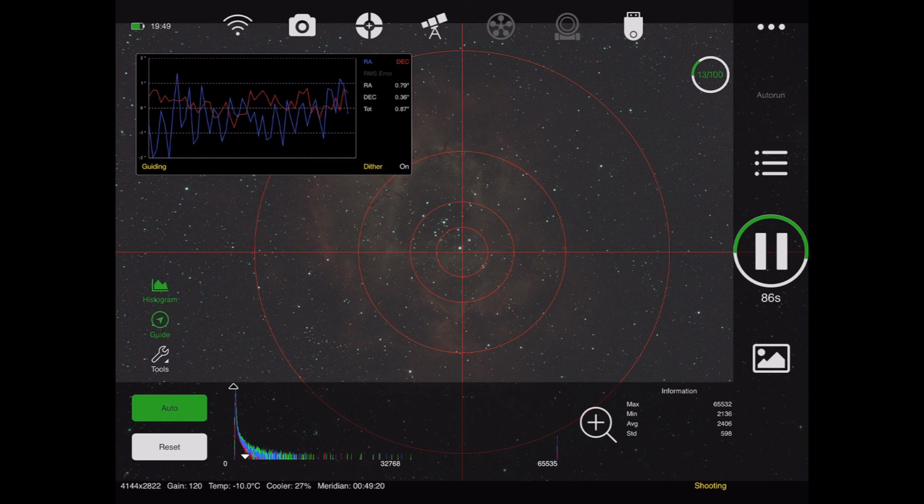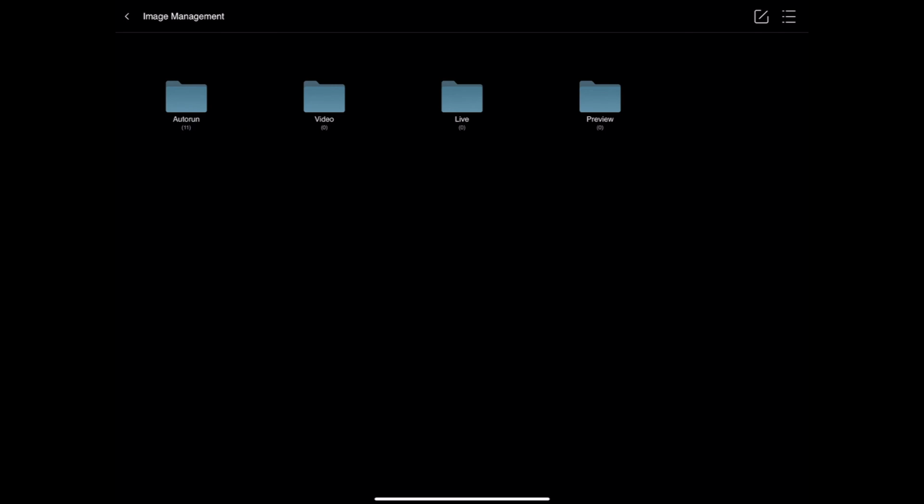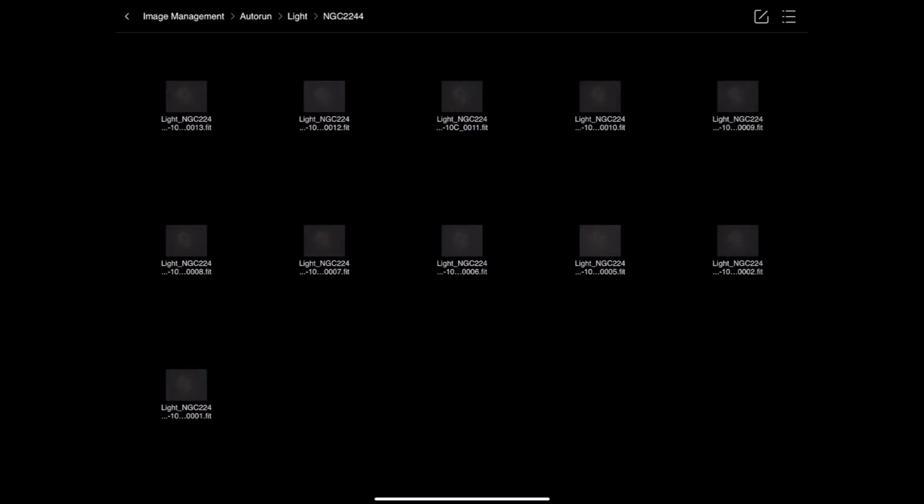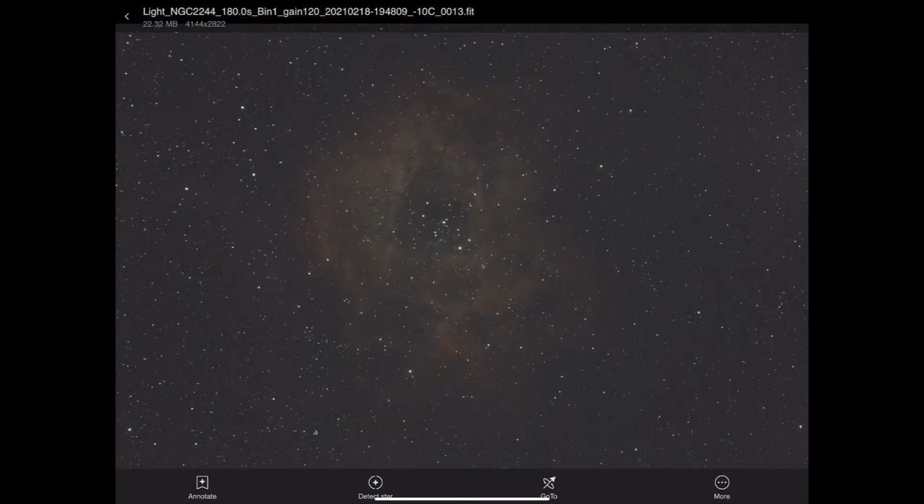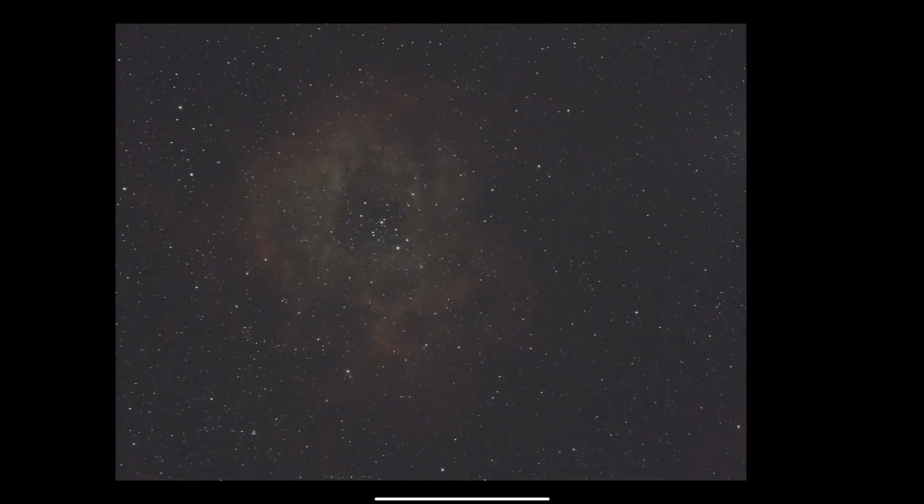What you can use is the square beneath the start button for the imaging and go into the image management tool and look at your images. Just keep going down through that to your actual target. Click on that and your images come up. And this is really useful because you can then start looking at the images through the evening. So particularly if you've left the ASI Pro for a little while, you can come back and start to review